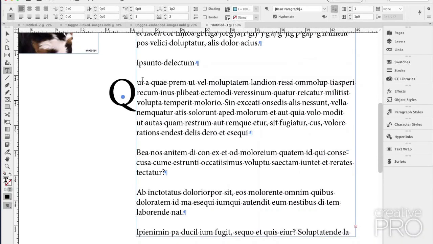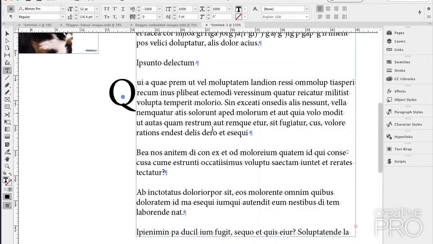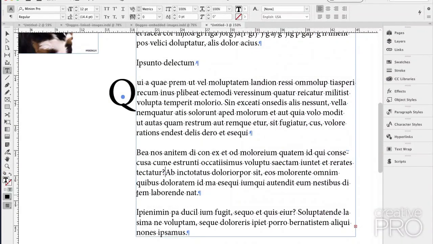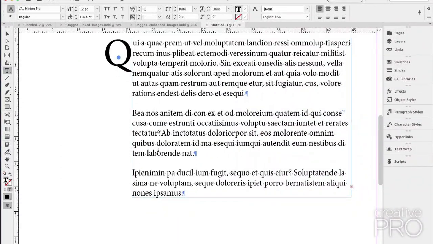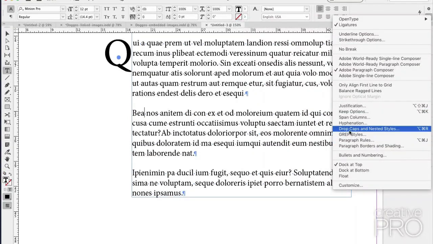Or maybe just use a different paragraph. Oh, that's true, I could just do a different paragraph. But I want more text here. So I'll start here with this paragraph, which is probably something really rude in Latin. I really don't know what it means. We do this again. We go to drop caps and nested styles.